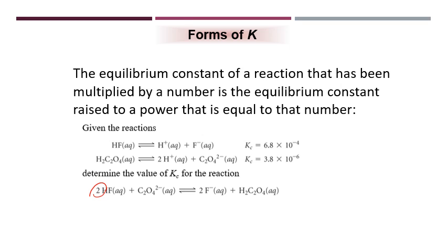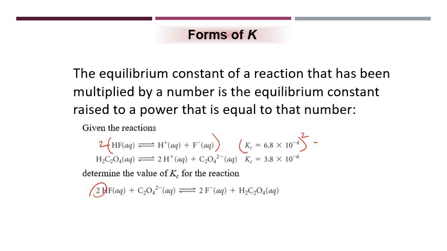So as a result of that, I'm going to multiply this whole entire reaction by 2. When I do that, that would mean that I'm going to take this value for the Kc for that HF dissociation, and I'm going to raise it to that power. So I would square that value,